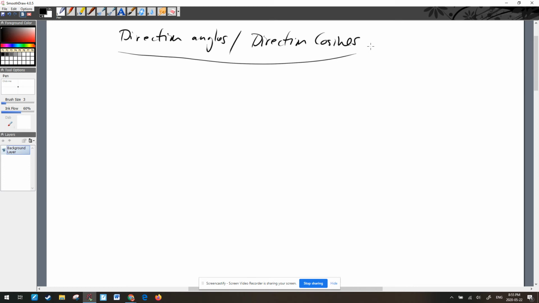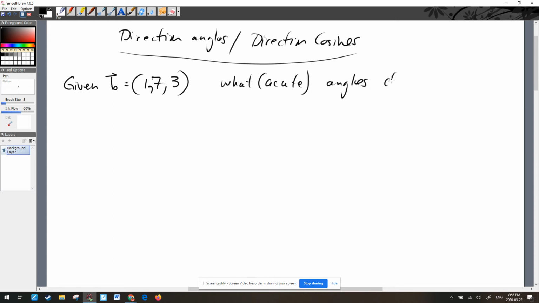Okay. Let's see. Imagine we're given a vector B equal to (1, 7, 3). I would like to know what acute angles does vector B make with each axis,